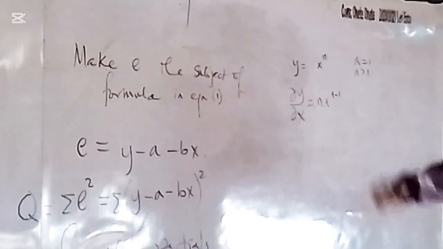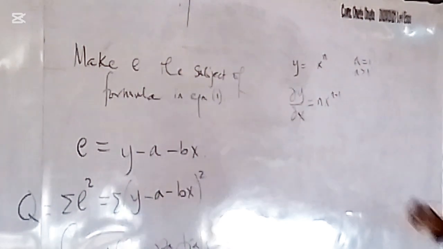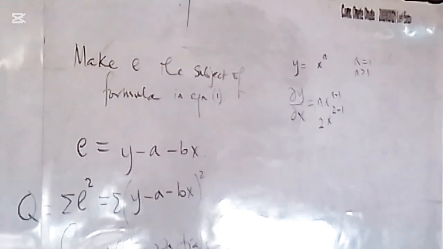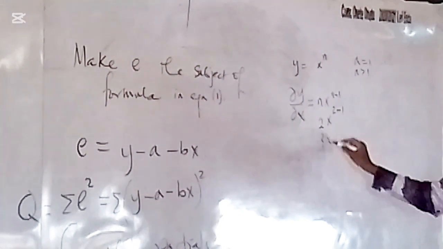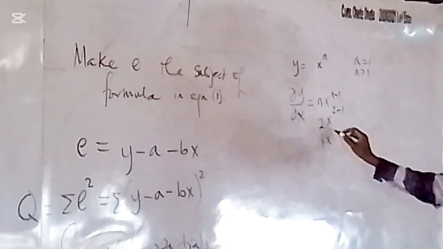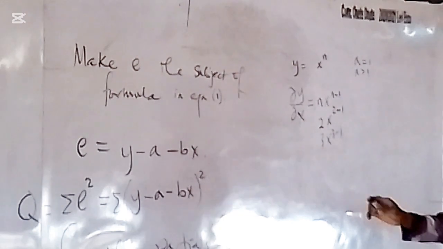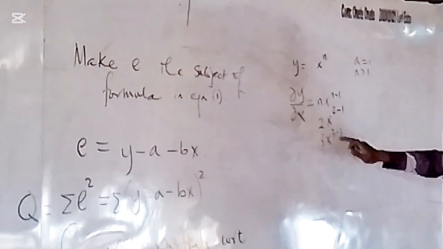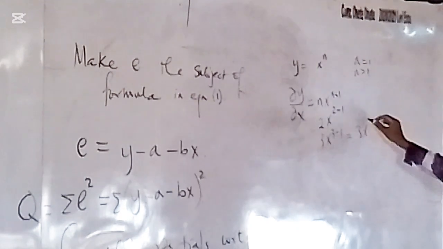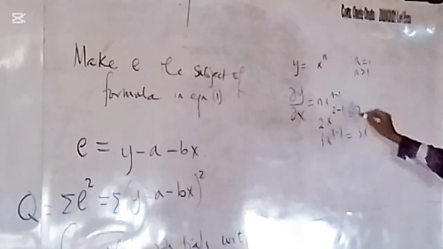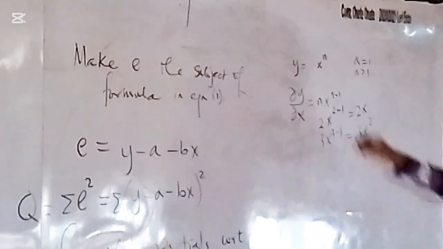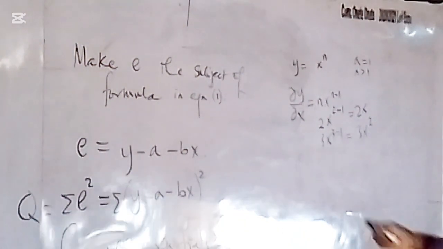If that n is 2, what do you think it will be? It will be 2 into x raised to 2 minus 1, is it not? If that n is 3, it will be 3x raised to the power 3 minus 1. Whatever is here is here. The difference is that the power becomes short by 1, meaning that we have x squared, I mean, x raised to the power 1. So, if we check here,